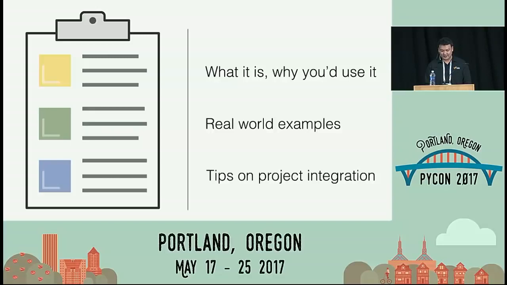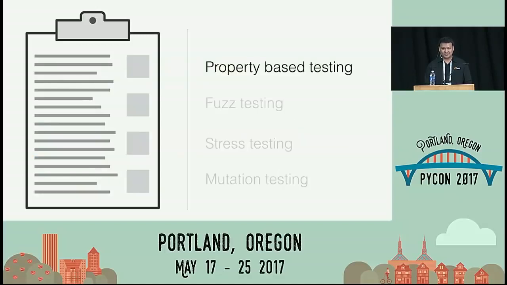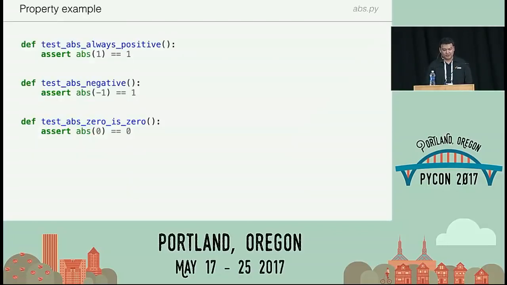Now, with that being said, there's a lot of stuff that I want to go over, so I think we'll just jump right into the first topic here, which is property-based testing. So with property-based testing, the idea is pretty straightforward. Here's a traditional test with something like absolute value, and normally what we do with unit tests, we would write specific cases. So we test positive numbers, we test negative numbers, we test 0. But